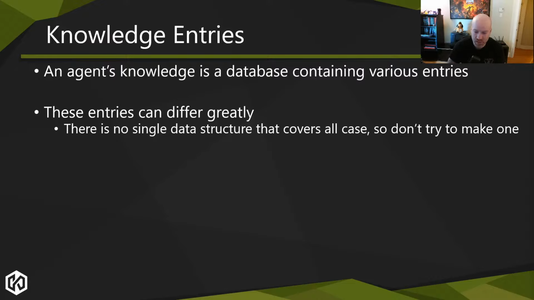Every time that somebody's tried it, it ends up being some sort of a mess where you have like 5 common variables and then a pointer to arbitrary data. And pretty much all the time, you're just dereferencing that pointer and casting it anyways, right? And then half those values are just being ignored. And in the goal of being generic, you end up with a very inefficient system because now you can't specifically structure your knowledge in a way that's efficient. And I'm going to touch on that a little bit later.